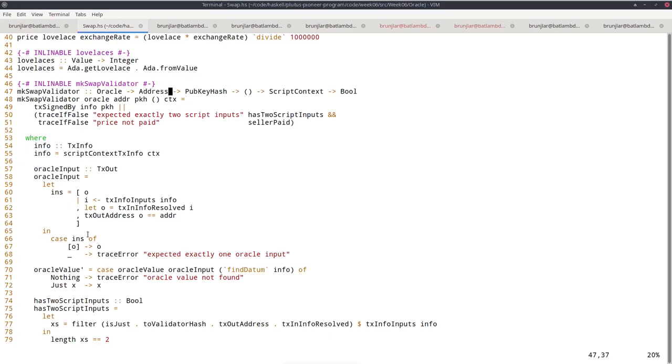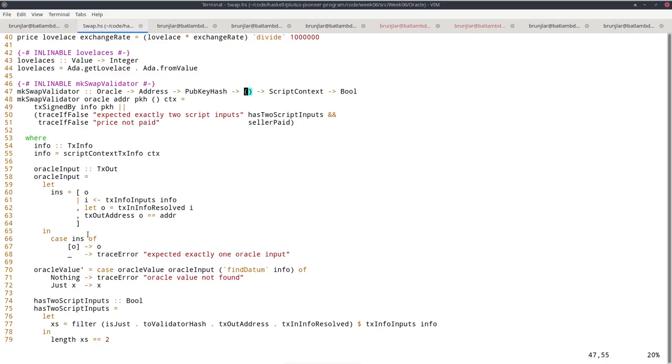So when I actually call this validator later, I will compute the address from the oracle. But now I just give it as a second parameter explicitly. And for datum, we will use the pub key hash of the seller that will receive the price. And we don't use an interesting redeemer, so we can just use unit.